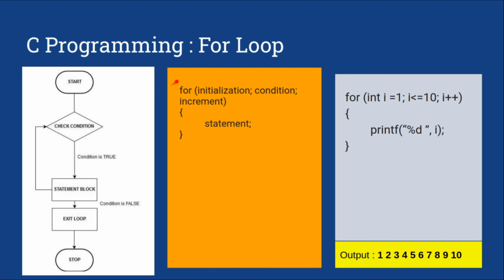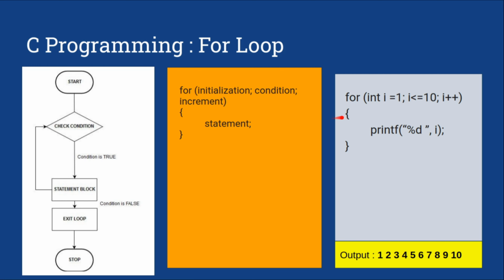And we have the for loop syntax here. In a for loop, first of all we have initialization. We need a variable to initialize here, to set a value of that variable. Then we have a certain condition. Until our condition is true, the execution will keep repeating itself, right? And then we have an increment. We will increment that variable's value. Then we have a block of statements here. So that is a for loop.